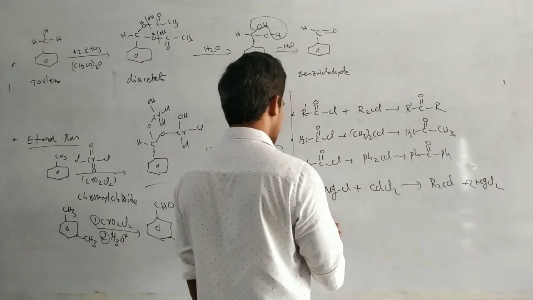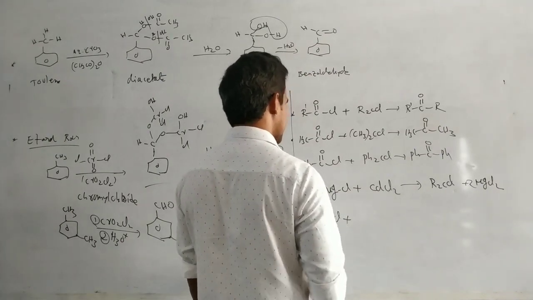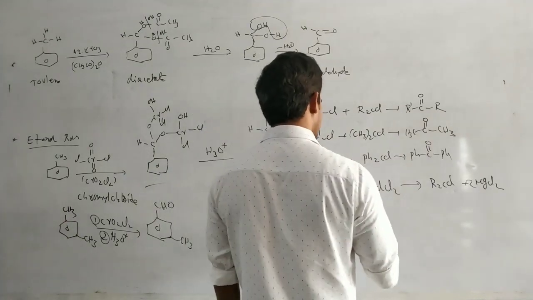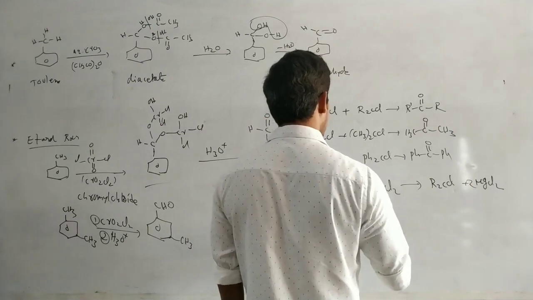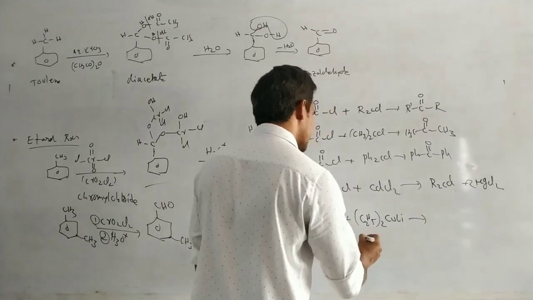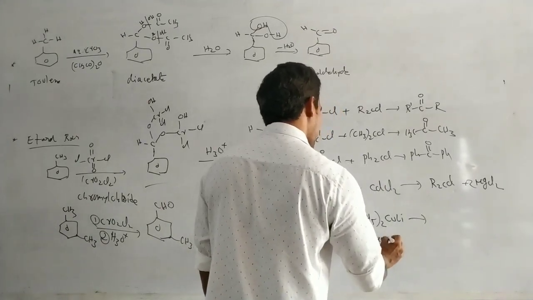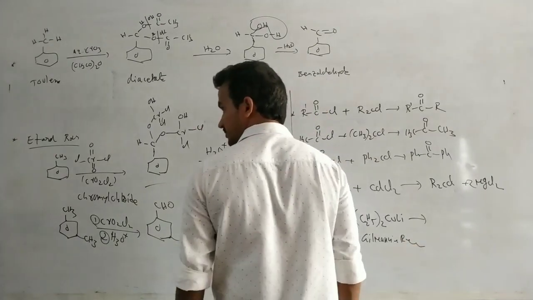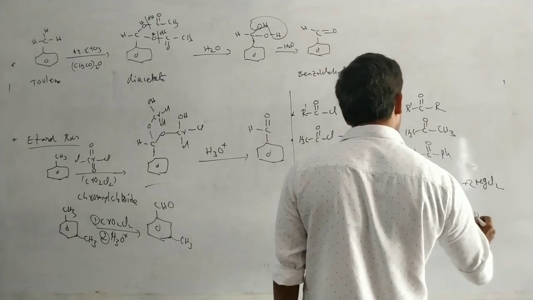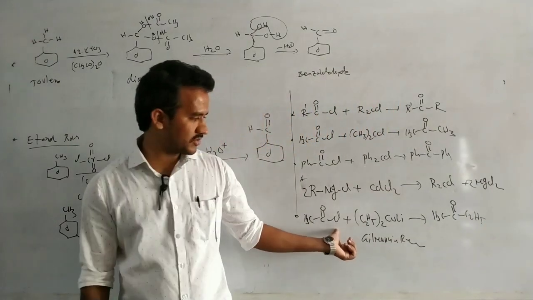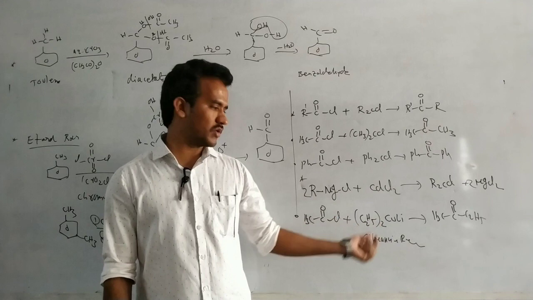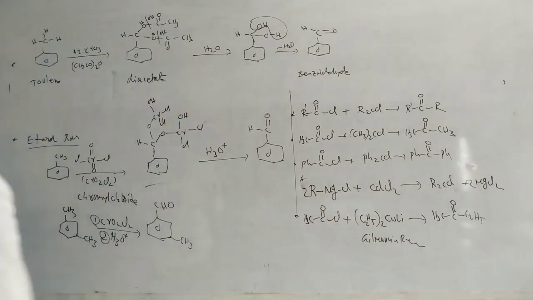And one more reaction: RC=OCl, acid chloride, for example CH3 acetyl chloride. This one on treating with C2H5 dialkyl lithium cuprate, Gilman's reagent, which we know already, gives CH3C=O C2H5. Again in this reaction, Cl minus is replaced by this alkyl; the alkyl group is the ethyl. Gilman's reagent we already discussed in the Grignard reagent reactions.